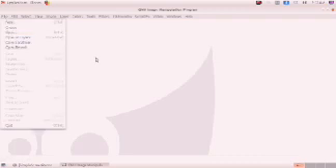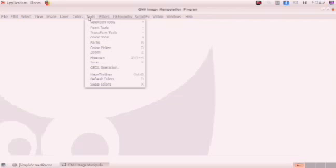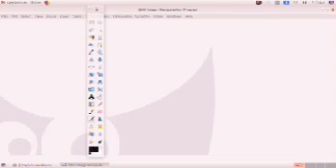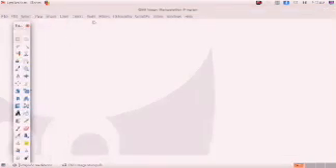For that I am clicking on the tools menu, then new toolbox, and some other things you have to listen to here, that in this tool window many tools are available.